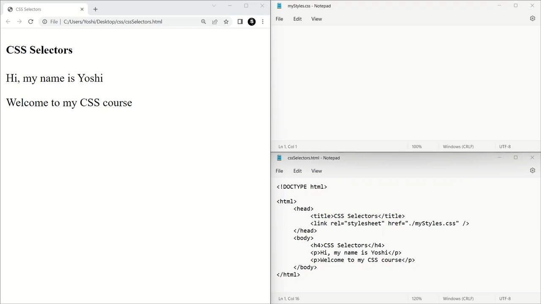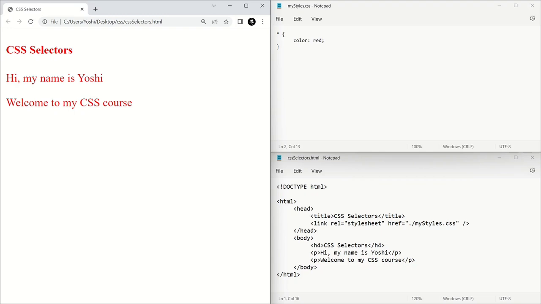So let's go into our external CSS file. Then with the universal selector, we need the asterisk sign, and we bring our curly braces and we write our rules. For this one, let's make it simple and just change the color of our text. So to change the color of our text, we specify the color rule, the key should be color, then you specify the actual name of the color. So that will be red. Let's make it red for now. So if I type that,